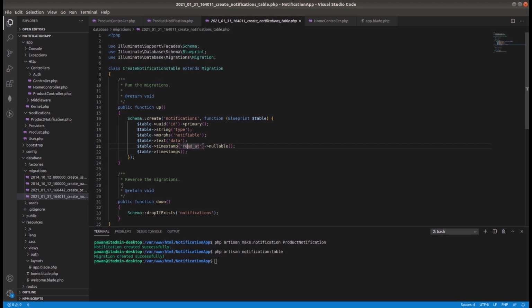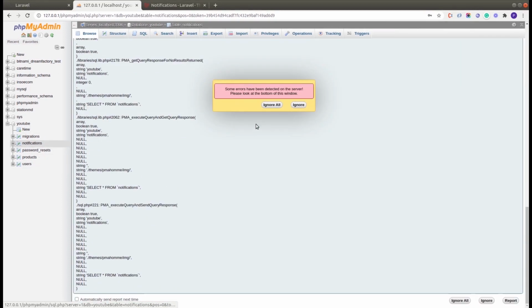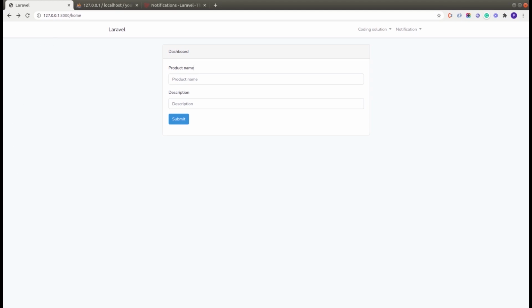So you don't have to do anything here. You just have to create this table in the database using php artisan migrate. Now in the database we can see this new table, notifications, has been created.